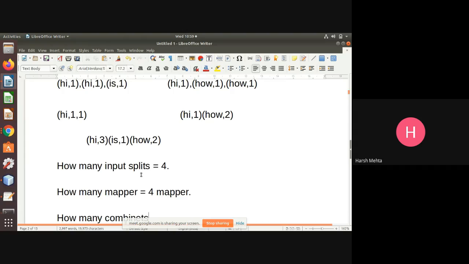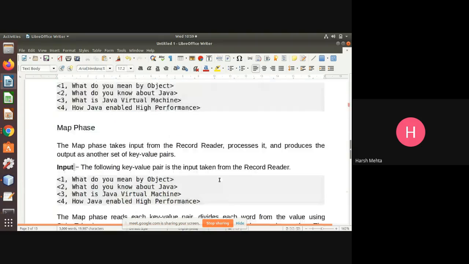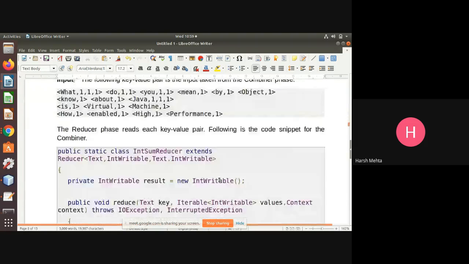This is a logical question. 4 combiners. For each and every individual mapper, one combiner will work. So one combiner for the first mapper, a second combiner for the second mapper, a third combiner for the third mapper. And then the output is given to the reducer. I hope you understood this.